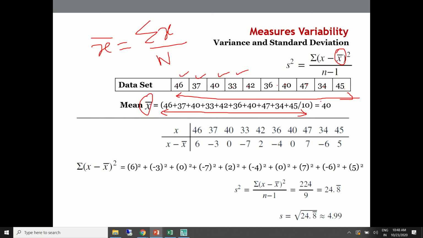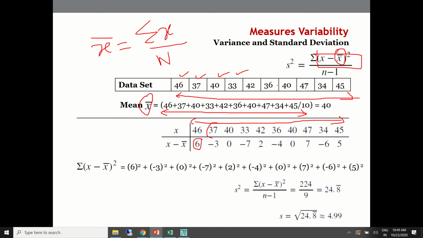And if you see the formula, it says x minus mean. So we have to calculate x minus mean and then take the summation of the square of that. So how do we calculate it? How do we further calculate this x minus mean? So x is kept here, all the raw values. x minus mean: 46 minus 40.